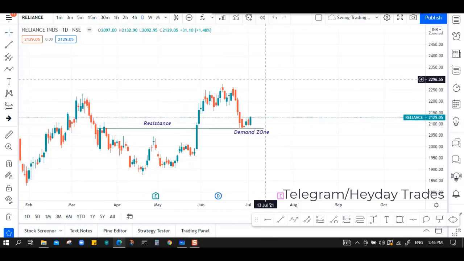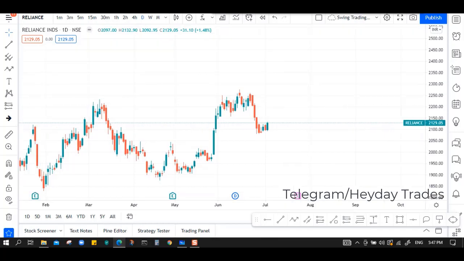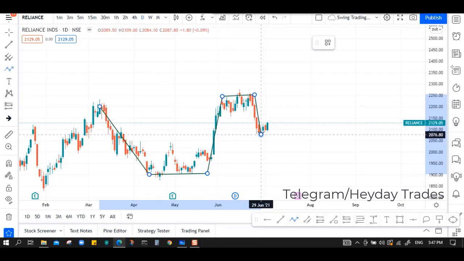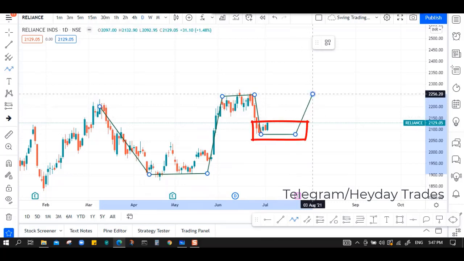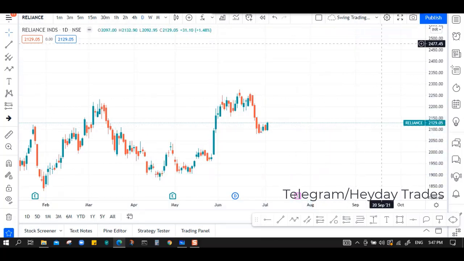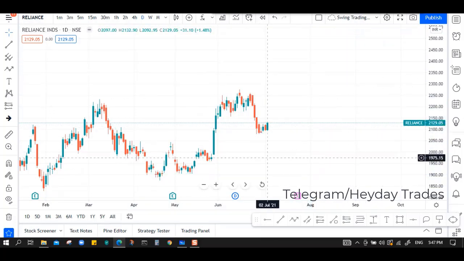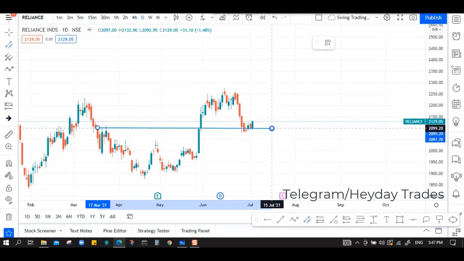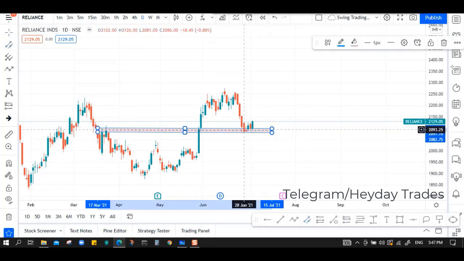Are you able to find any supply and demand pattern here? So let's say drop, base, rally, base, drop. Now we have to see whether it will create a base and go upside or not. This is a Reliance chart on the daily time frame. By seeing the naked chart, you have to identify the pattern as well. Also, if you see here, this zone is very fresh. It is going to be tested for the first time, and this is another criteria which gives us more probability to trade at this level.